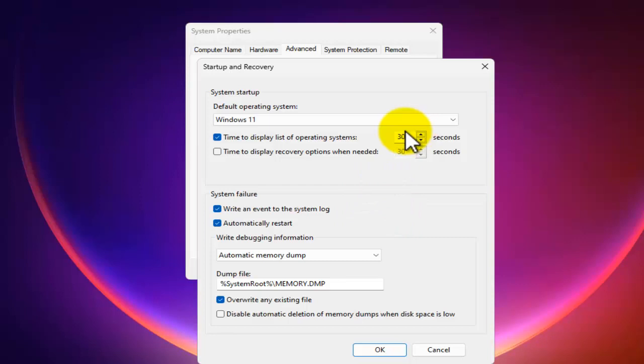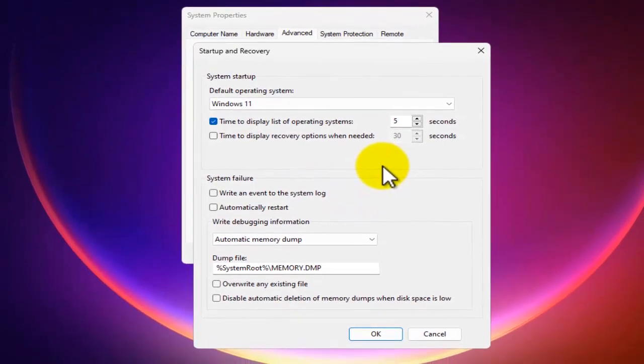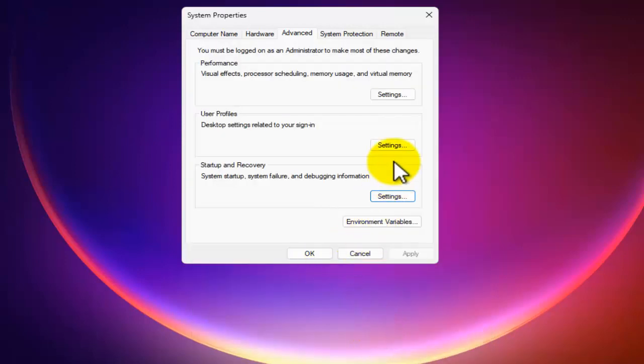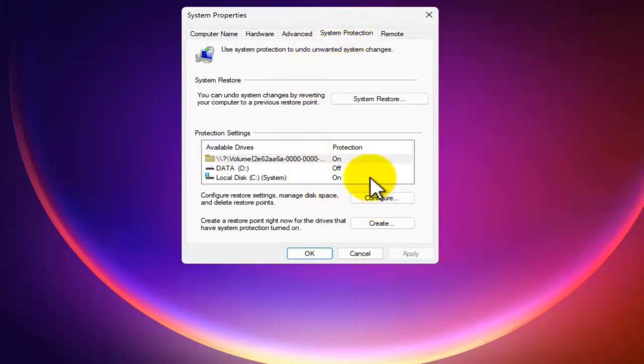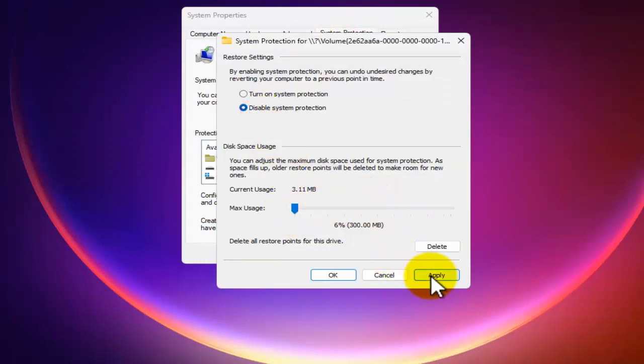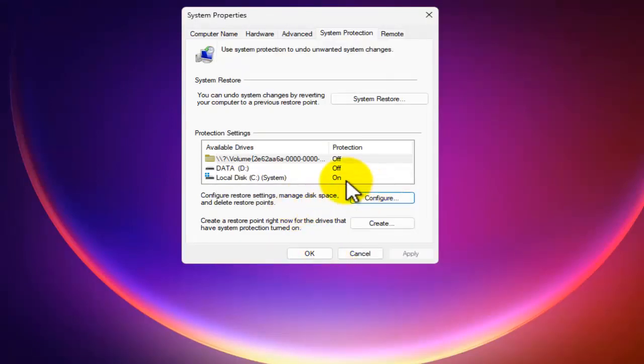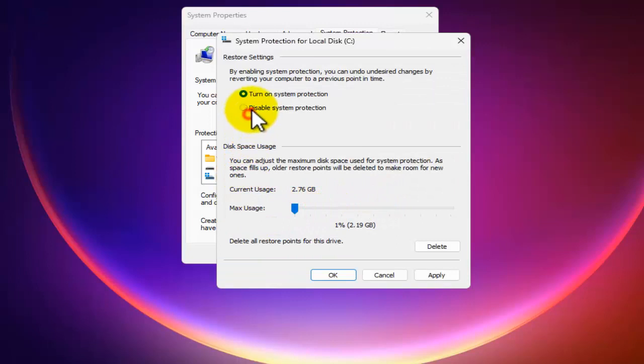Startup and recovery, you can turn this off, and here change to 5. Now it depends on you, but you can leave this on as well, or you can turn it off. I'll turn it off. And system protection, here configure, you could disable this because it takes a lot of memory from your computer. You can leave it on as well, it depends on you. It's your decision, but as I said, I'm just trying to show you the best way to optimize your computer, your Windows 11 for gaming. Apply